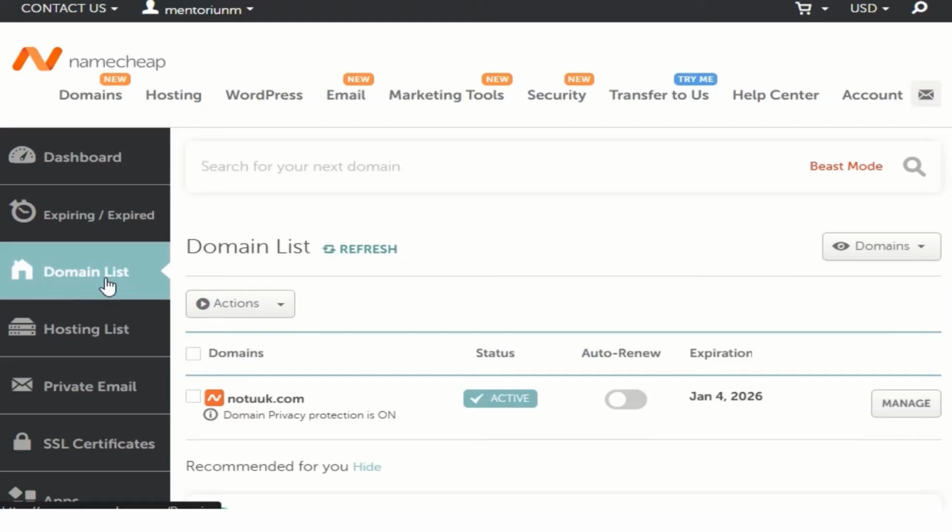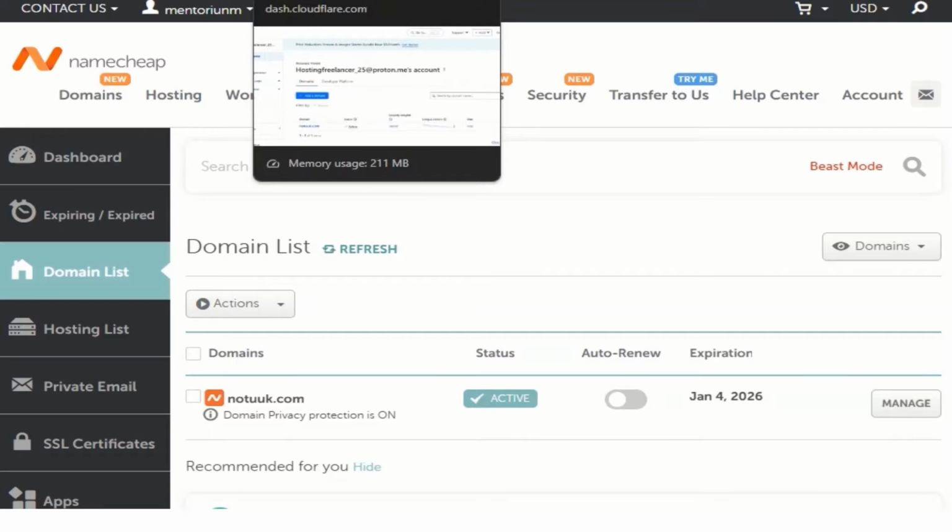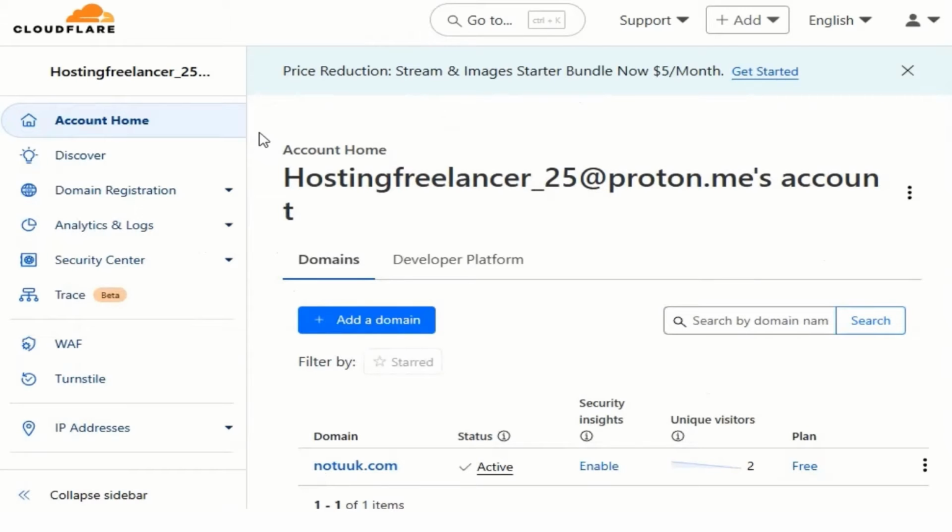Another thing we also need is a DNS provider. I'll be using Cloudflare to manage my DNS, so you create your own account on cloudflare.com. All right, here's my account. So I got everything ready. So let's go to the